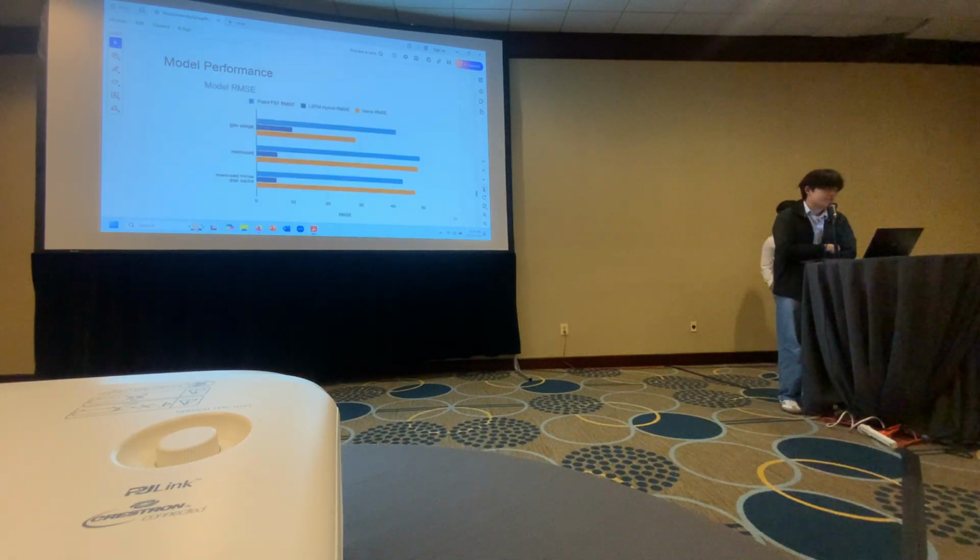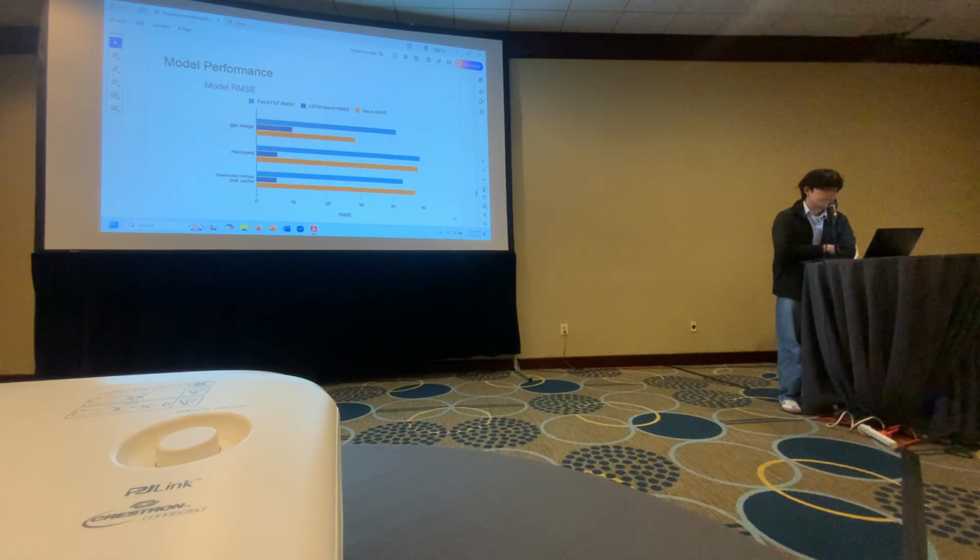So here we can see the performance of our model. We implemented 3 different models. We have our PatchDST, the LSTM hybrid, as well as a basic naive RMSE, which essentially just found the average for every single host in every single category and imputed it, filling the missing values with the set average. So as you can see, while PatchDST did perform well,